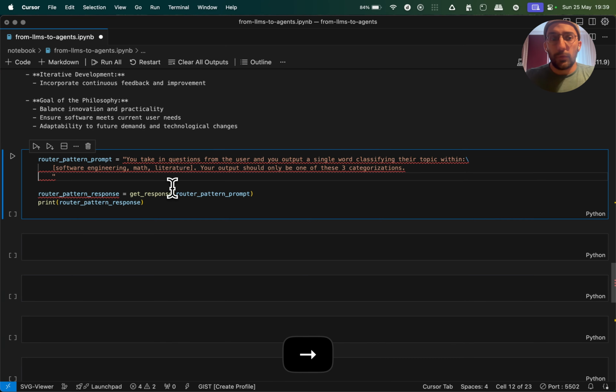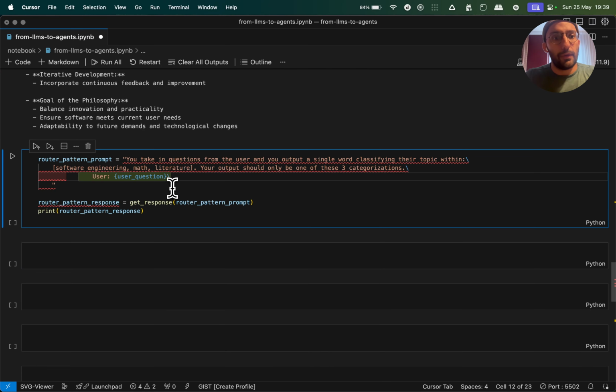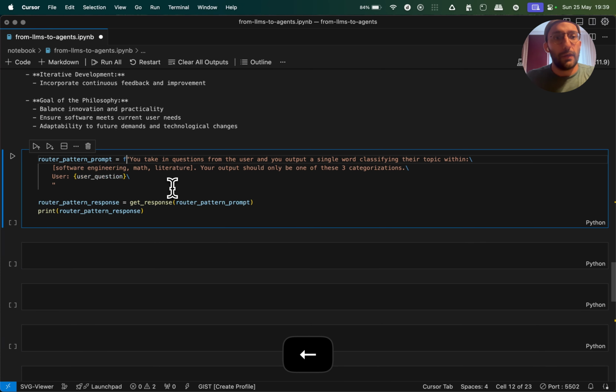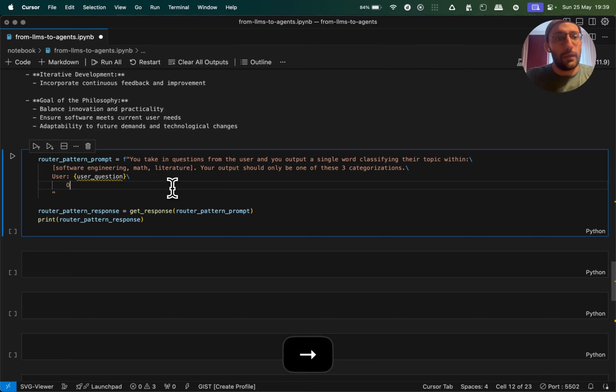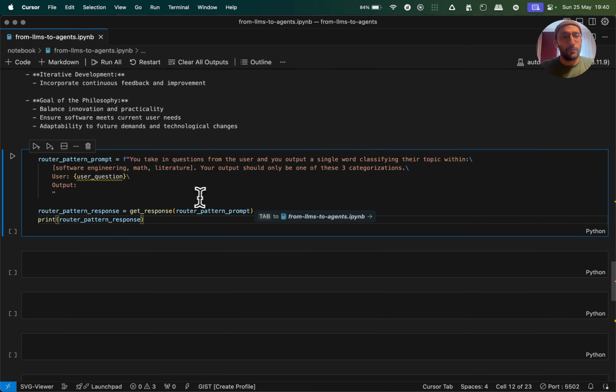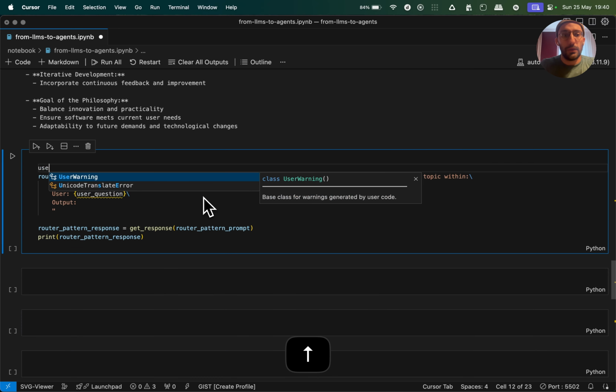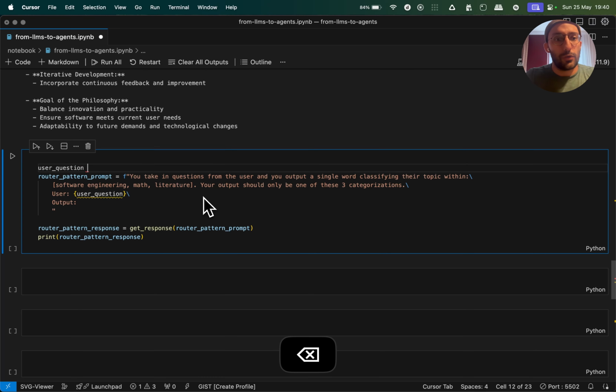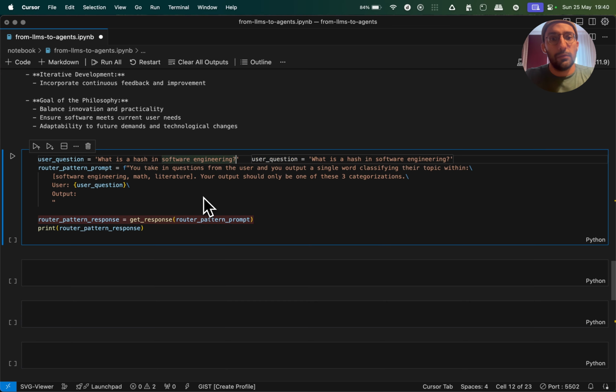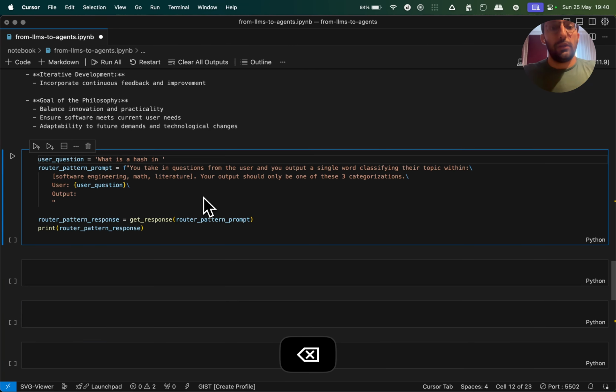And now I'm going to give, so user, yeah, and then let's save it like this, and then output, and let's see what we get. And now the user question is going to be, what is a hash in code, or something like that, okay?